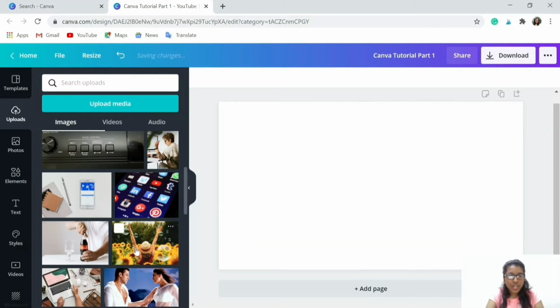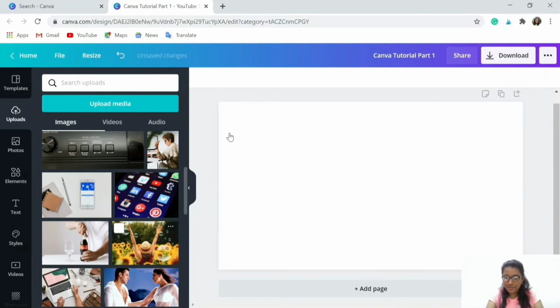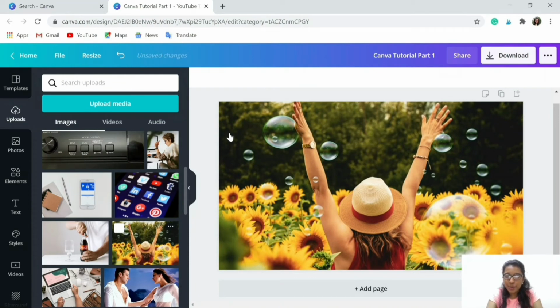And one thing, if you want to make this picture a background, so you're not liking any of the backgrounds that are already available and you want to make this picture the background of your design, drag the picture over the design and hover over it. Once it gets set into the design, leave your mouse. And then you won't have an option to resize it because your intention was to make the picture your background.